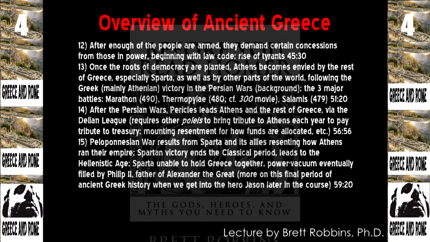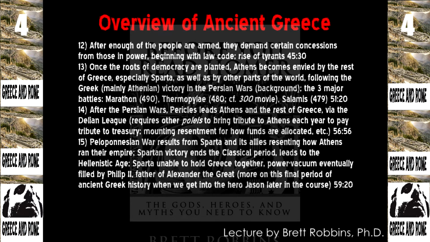At first that went okay for a decade or two. But then some islands rebelled, and they didn't like the idea. They didn't want to have to pay that tribute, so when they rebelled they asked for help from the Greeks, and in particular from the Athenians. Okay, now you know where that's going. So the Athenians agreed to help them out, and then the Persian Empire wanted to punish the Greeks for doing that, and thence begins the first major battle of the Persian Wars, called the Battle of Marathon in 490 BC.